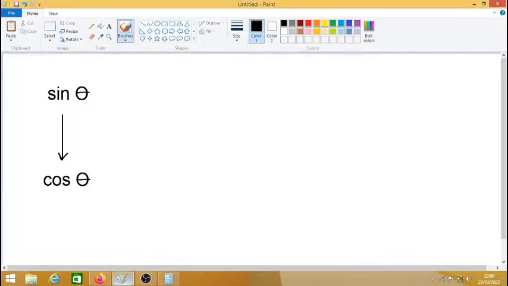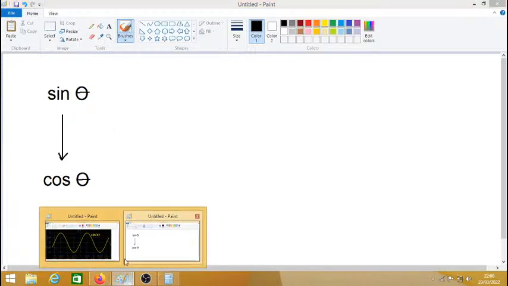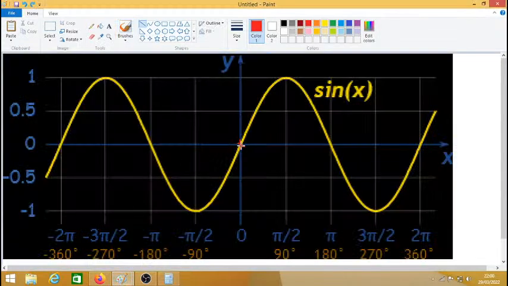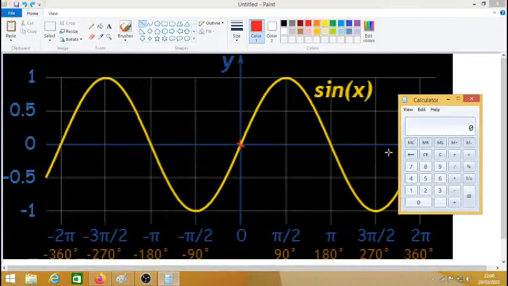And what this is teaching us is that if you want to work out the gradient at any point on the sine curve, then all you have to do is type into your calculator the angle that you want to find the gradient at and the cos button, and that will tell you the gradient. So let's try that now. So we want to find the gradient at the value of the degree being 0. So let's type in